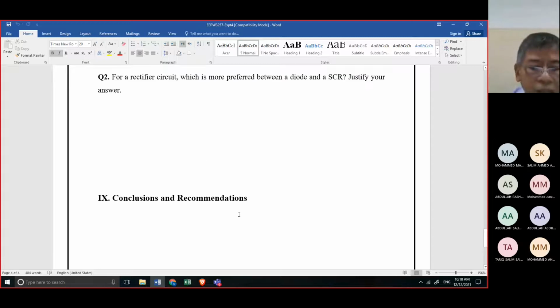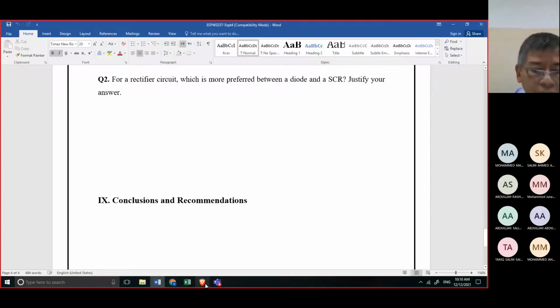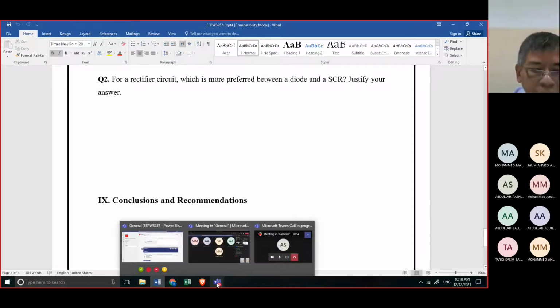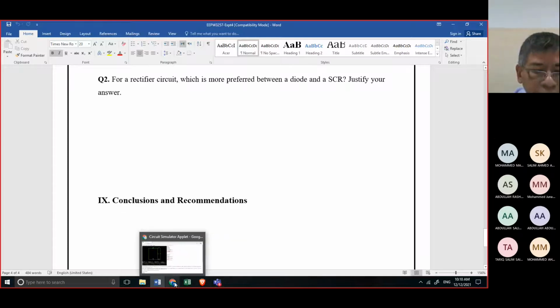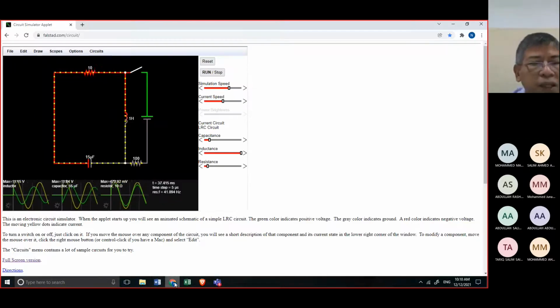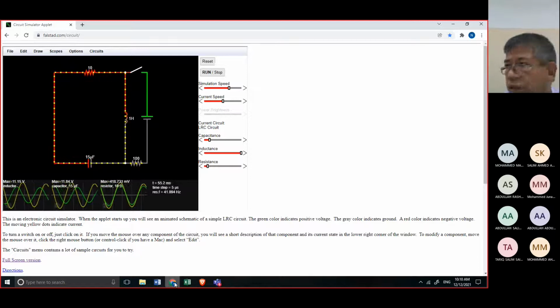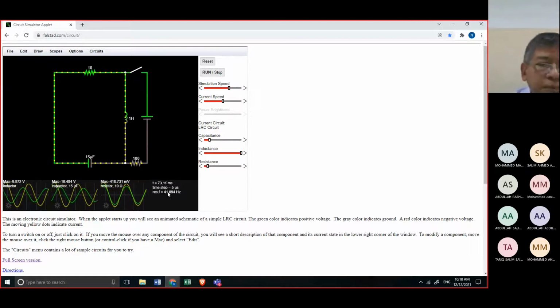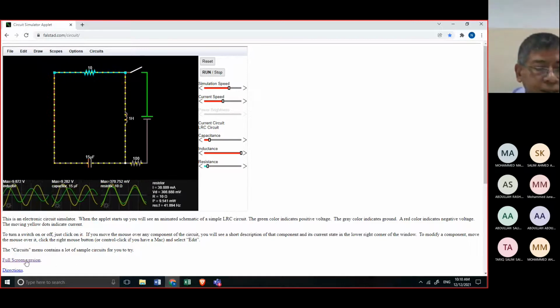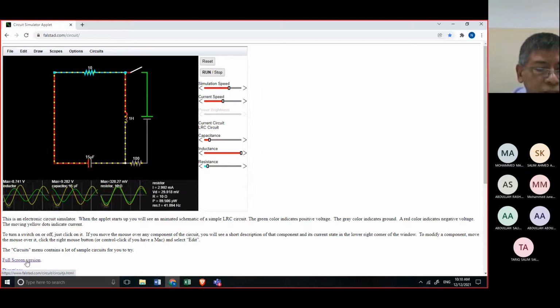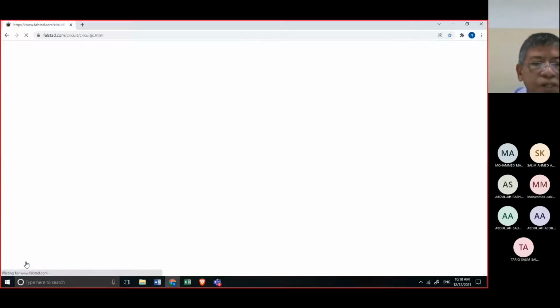Okay, so now we will start the experiment using the Falstad simulation. Please open the Falstad simulation in your computer or laptop. First procedure is to make this full screen.